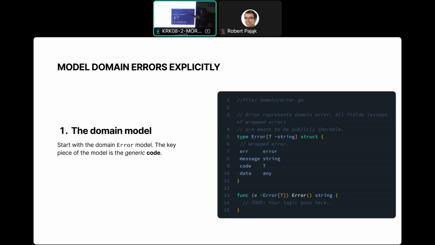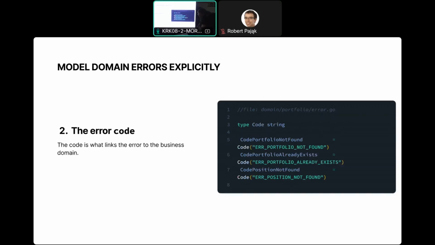So this is a generic domain model that you can use. You can see it has some private attributes in it, like a wrapped error, a message that you want to eventually pass through, a code, pay attention to the code, and some additional data. And it fulfills, or satisfies, the error interface.